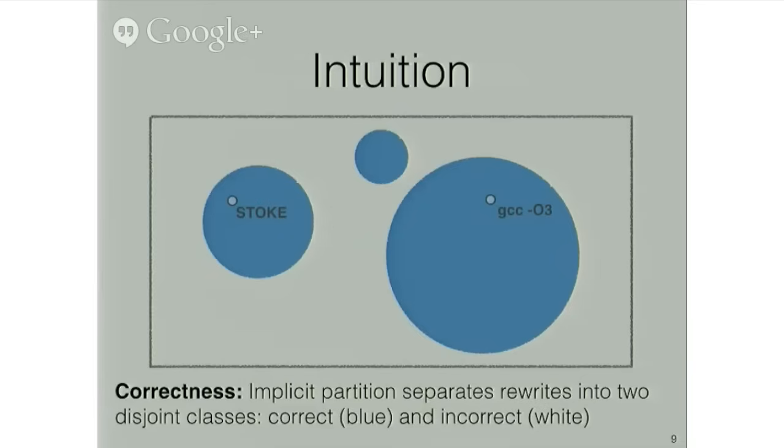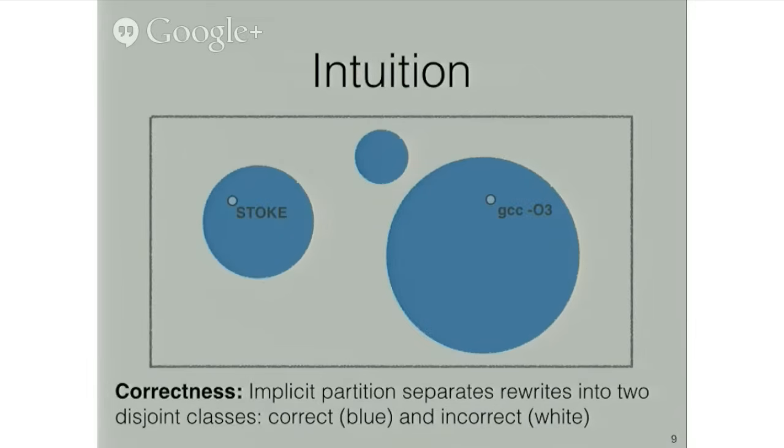And now, because we're interested in optimizing this code in particular, I can go ahead and partition this space into two disjoint sets. In blue, I've shown the set of rewrites that are functionally equivalent to the target. And in white is everything else. And I've drawn several of these blue regions here to stress that there are actually many interestingly but also distinct ways of implementing this kernel. As I just suggested to you, the code that's produced by Stoke is often in a separate region over here on the left. Because the algorithm that it implements is actually quite different from the one that the code produced by GCC uses.